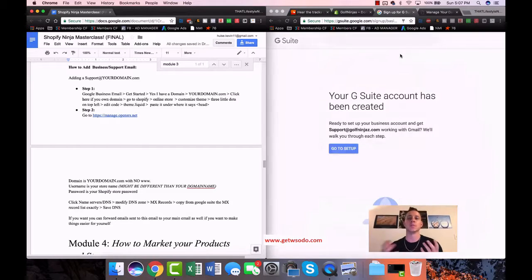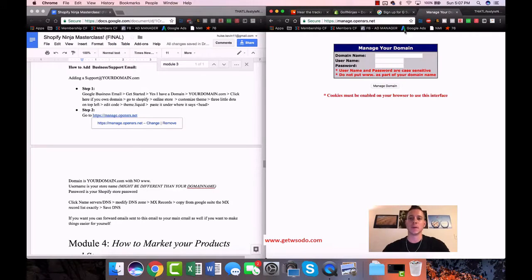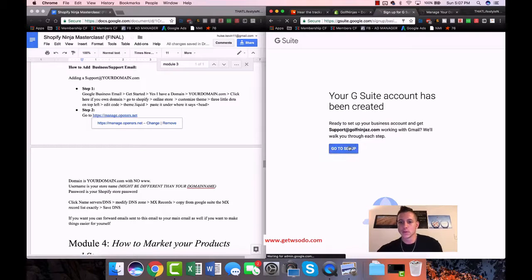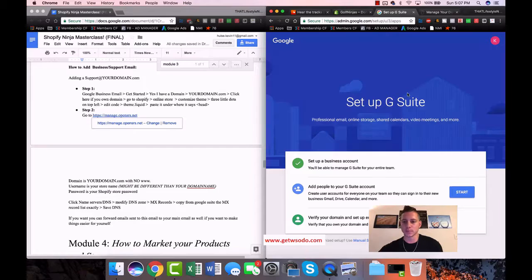When you register a domain through Shopify, your DNS settings and your MX settings, which you don't have to worry about, are managed through a website called manage.opensrs.net. Shopify really only handles the payment. All of the domain name servers and all of the records and things like that are actually managed in OpenSRS. So now that we're set up,